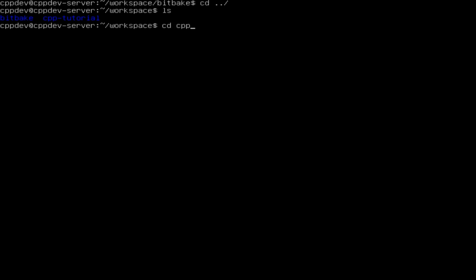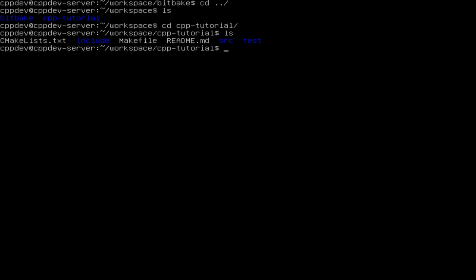Now we have to set up the configuration for Bitbake in order to build our project. We are going to do this in our repository, which is not so usual because usually you are going to do a repository only with the Bitbake files, and you will add there a step to, let's say, configure or export the actual repository with the code and add all the rules to build.